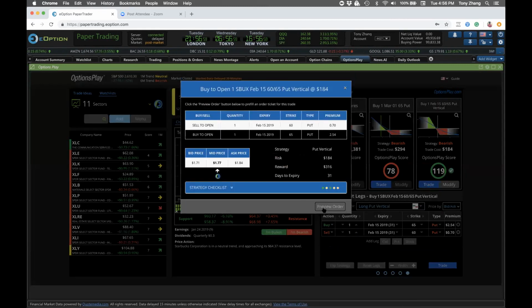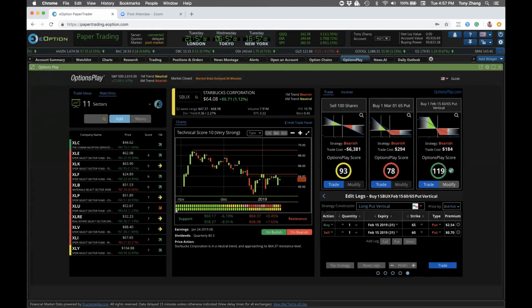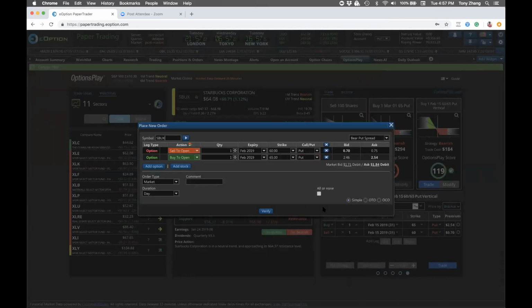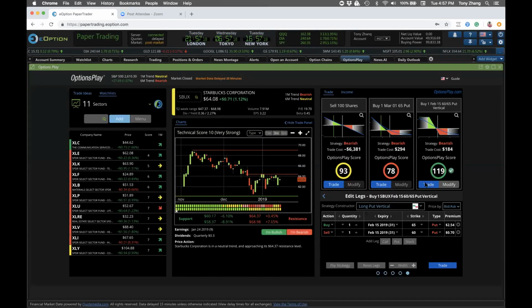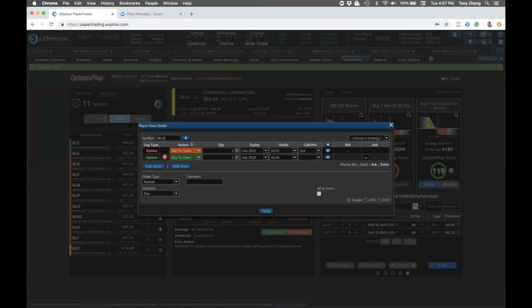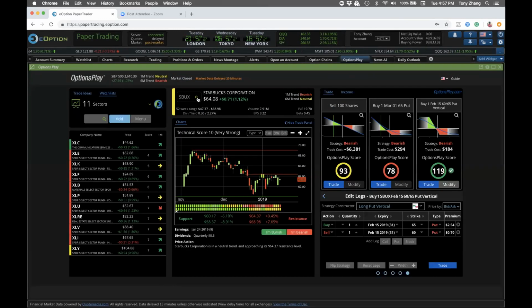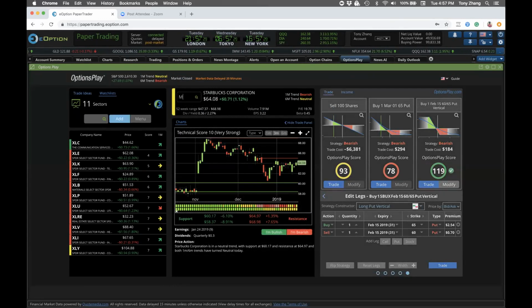You can trade that, and what you can do is hit the preview order button, which actually pre-fills the ticket for you. This is designed to minimize the number of mistakes you make when entering the order. There are a lot of different parameters that you have to enter, so we want to pre-fill the ticket for you instantaneously, so you can simply hit the trade button, hit the preview order button, and have everything pre-filled so you can just verify and send that order off for execution.